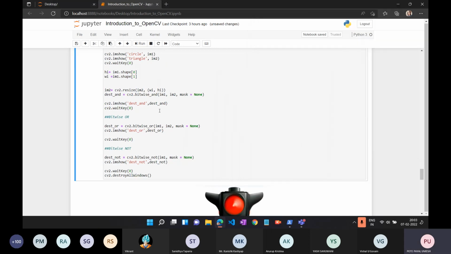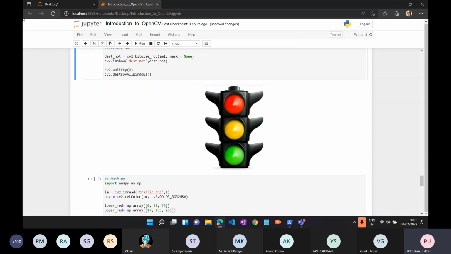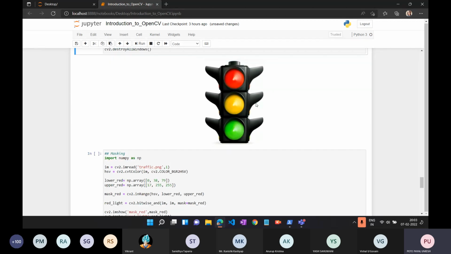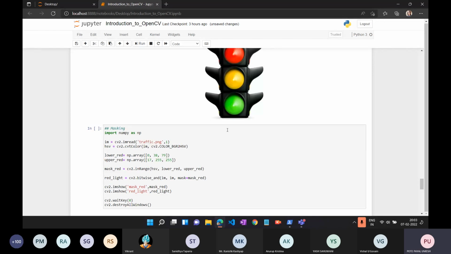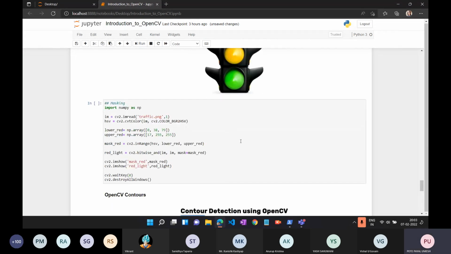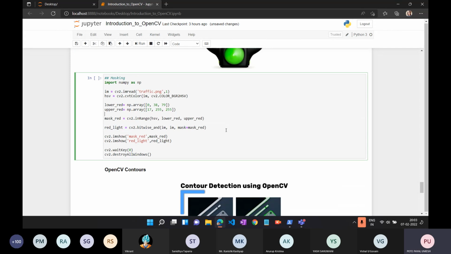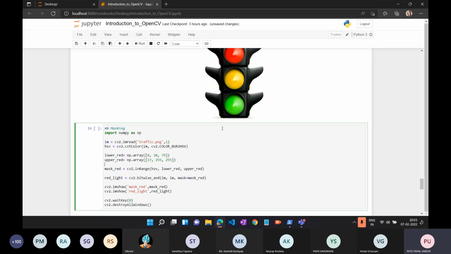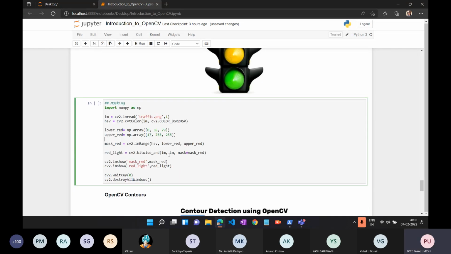And the mask will allow you to focus on the part which we want to extract. Suppose this is a traffic light signal image, and I want to just crop out the red light from it. How can I do that? For that, CV2 has a function called inRange, which will help us to segment out a particular color from an image. For thresholding here, we don't have to convert it to grayscale and check the value with hit and trial. You can simply use the inRange function, which takes